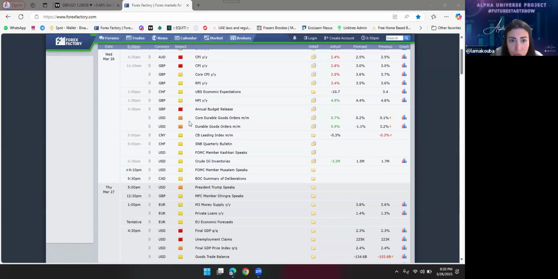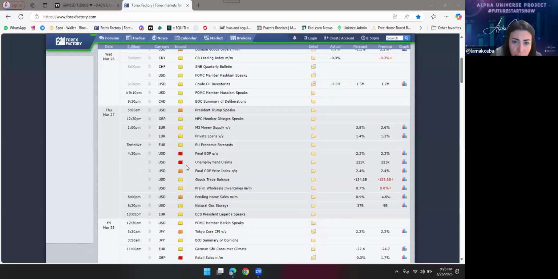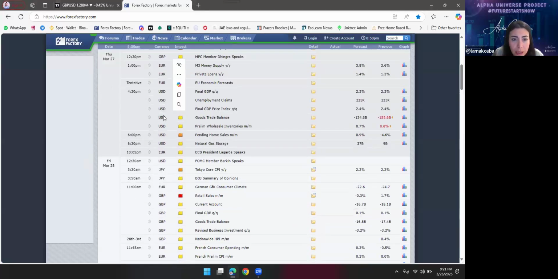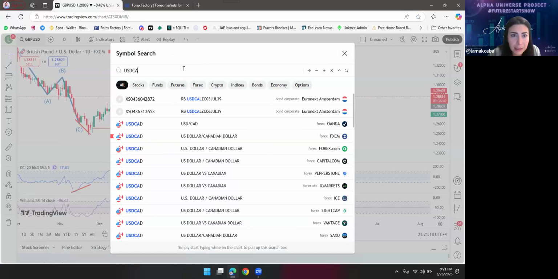Mainly it was high impact news, but for tomorrow we have, on the US dollar, unemployment claims. This is something very important for the unemployment rate in the USA. So, of course, we have to check and see which currency the news is related to. According to the currency that you are working on, you have to take it a little bit into consideration. So this is it for the GBP USD. For the USD Canadian dollar,